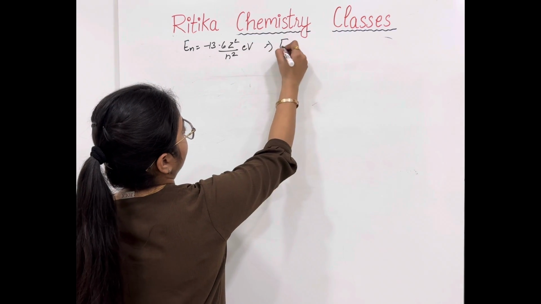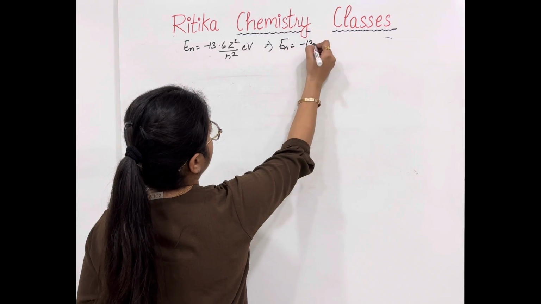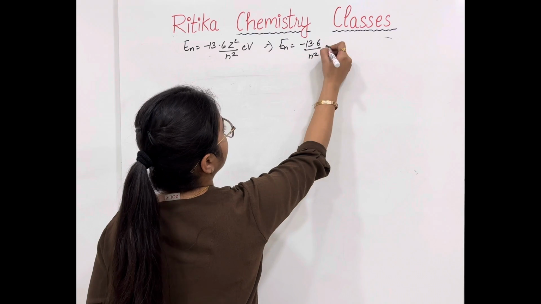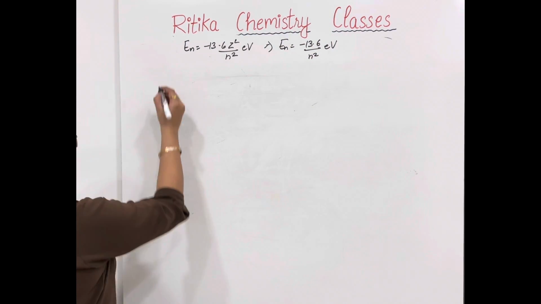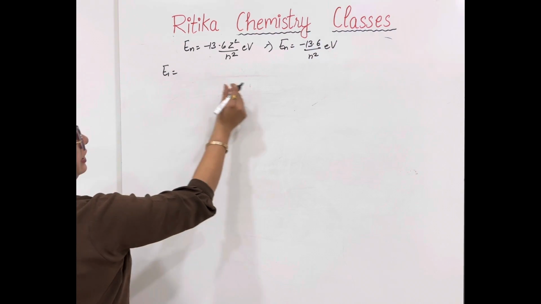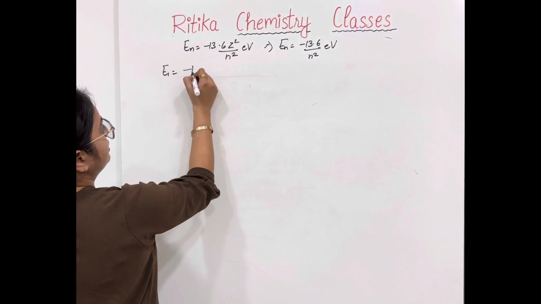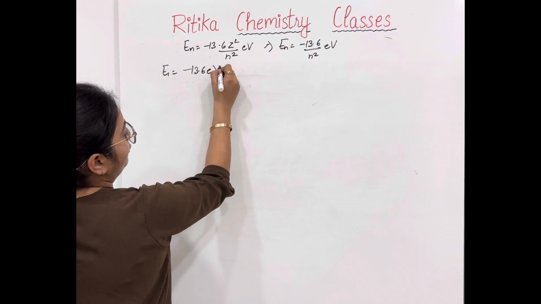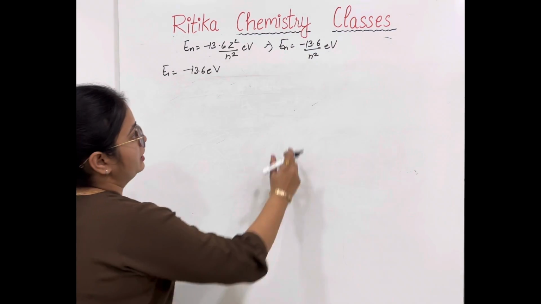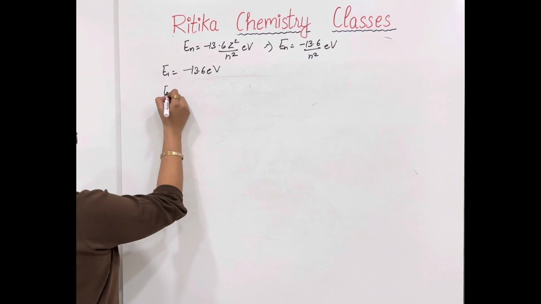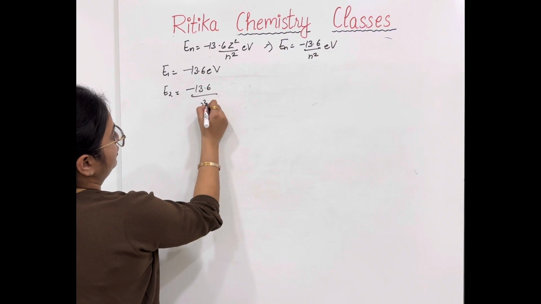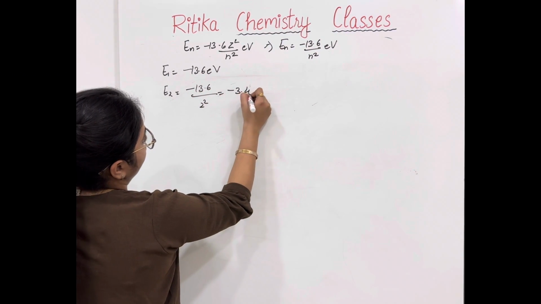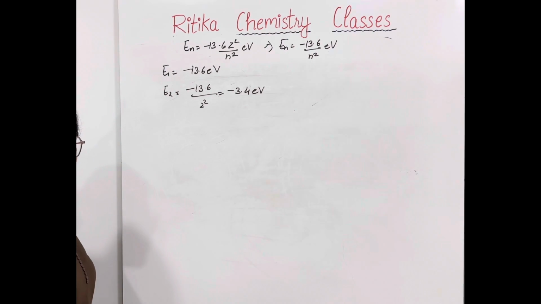So En will become equal to minus 13.6 upon n square electron volt. For n equals 1, we get the energy equal to minus 13.6 electron volt. For n equals 2, it will become minus 13.6 divided by 2 square, which is equal to minus 3.4